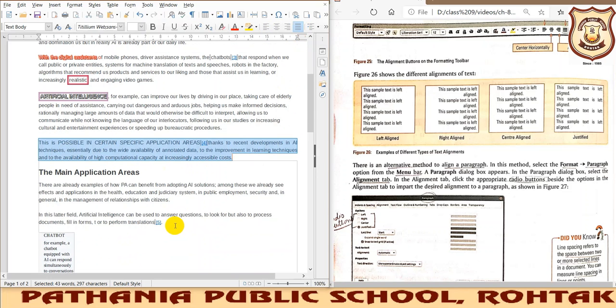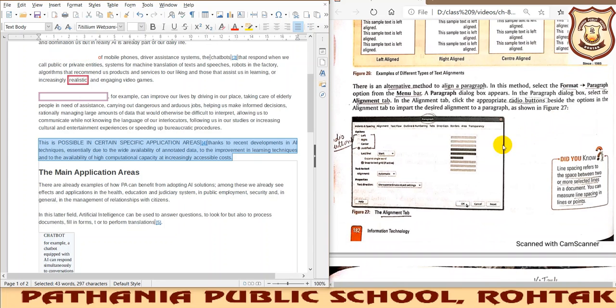So whenever you are writing anything and you want it to be represented in a better way, you should select the text, then press Ctrl plus J. Okay, so it will give the alignment this way. You can see also left aligned, right aligned, center aligned, and this is your justified. Fine. And what else can you do?